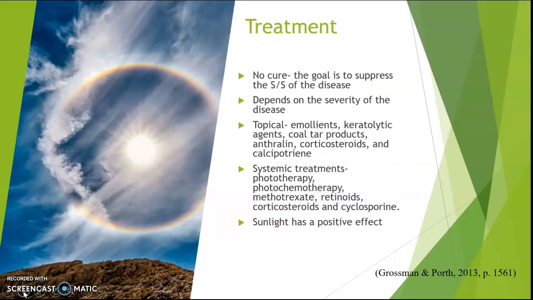Psoriasis has no cure. The goal of treatment is to suppress the signs and symptoms of the disease. There are topical and systemic treatment options. Topical agents are used first if less than 5% of the body surface is involved. Topical treatments include emollients, keratolytic agents, coal tar products, anthralin, and corticosteroids. Systemic treatments include phototherapy, photochemotherapy, methotrexate, retinoids, corticosteroids, and